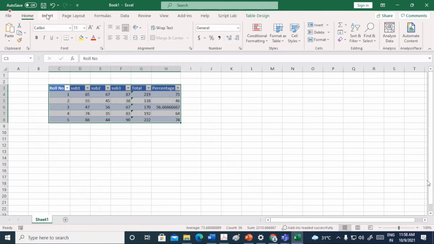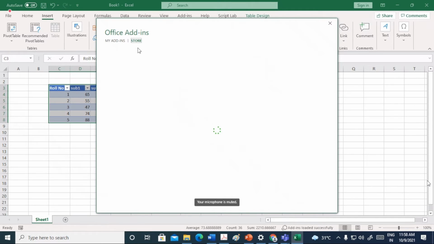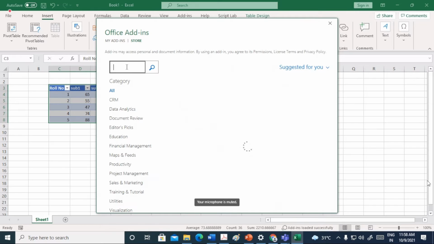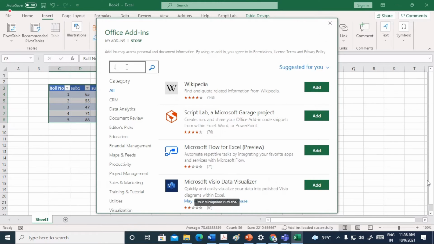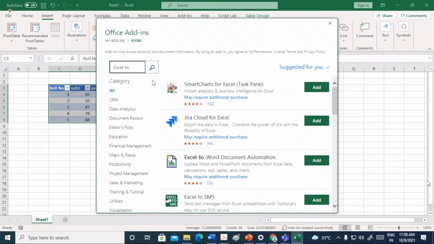And here also insert, get add-ins, and you have to type Excel to. Just type half, then also it will appear. Okay, now you have to type the full. Actually it appears as the third Excel to Word, but if you type it exactly correct, only one will appear.